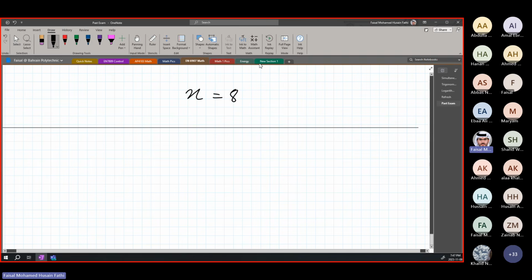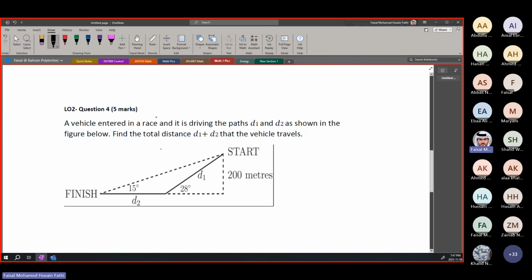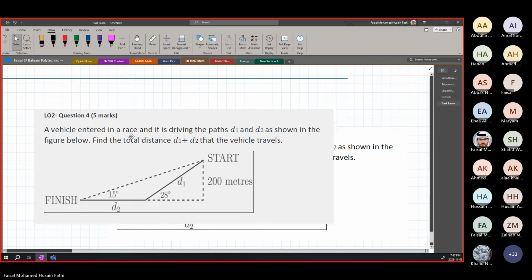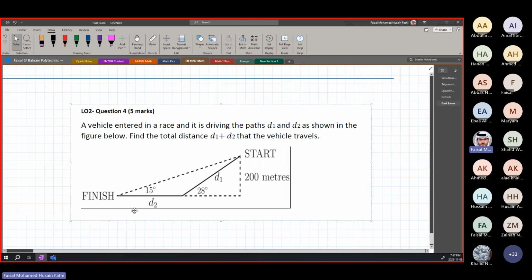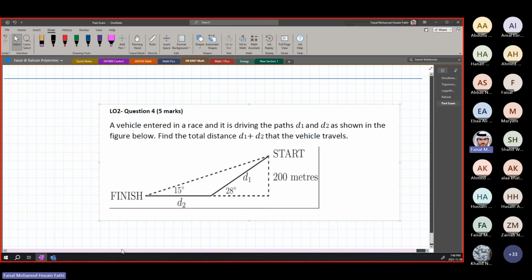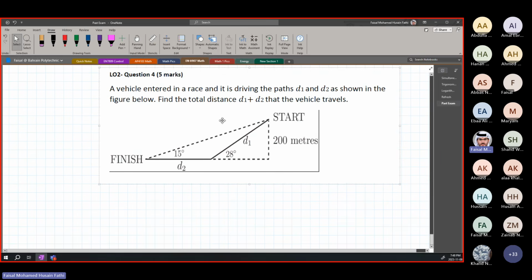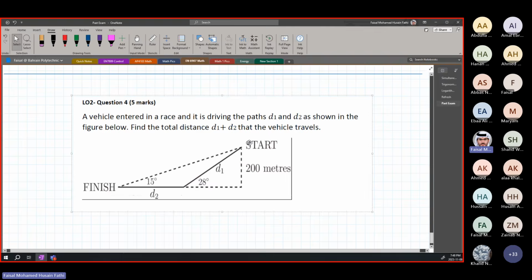Insane. Next question was this. A very easy question, a bit less complicated than the previous one. Insane. A vehicle entered the race and